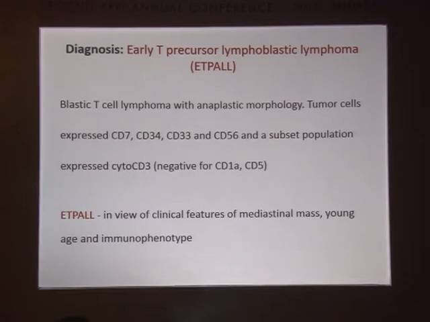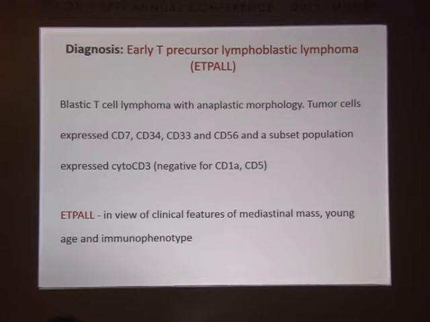They are from early precursor T cells from thymus. They are CD1A negative, they are CD5 negative and CD8 negative. Rest, they are very similar to ALLs. In addition, they express 1 or 2 myeloid markers, and they are CD34 and CD7 very strong. When we look back, we used to call them stem cell leukemias or AMLs unclassifiable in the past, because cytoplasmic CD3 was weak. Sometimes we used to ignore that.